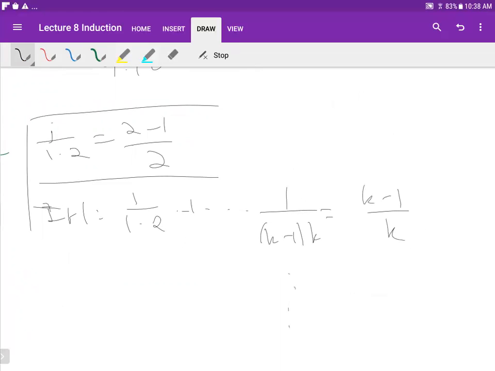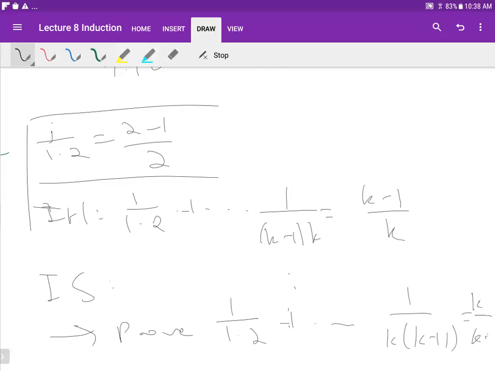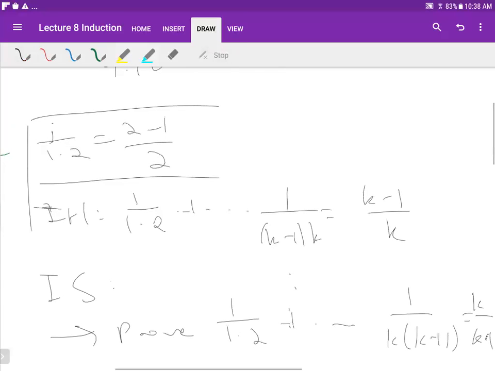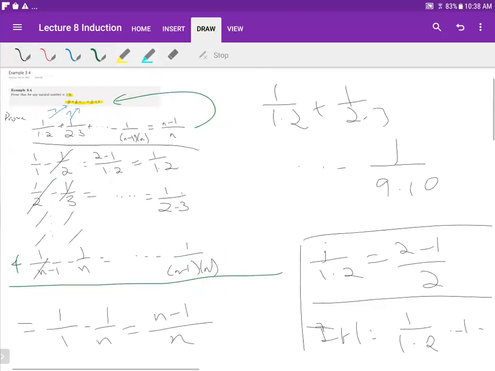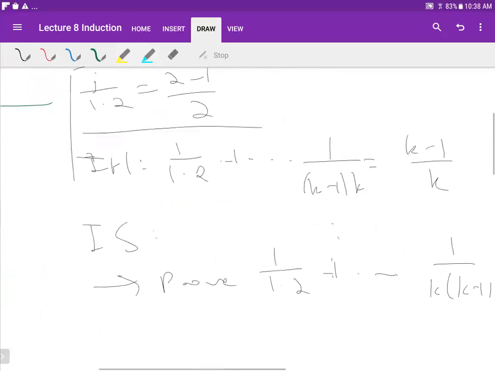And then you would try to prove that 1 over 1 times 2 plus all the way to 1 over k times k plus 1 is equal to k over k plus 1. And obviously what you could just do is add 1 over k times k plus 1 to both sides, because you can simply do that and you would get the answer. But I think the idea that you can use these telescoping series instead to prove this statement is more elegant than using induction, because